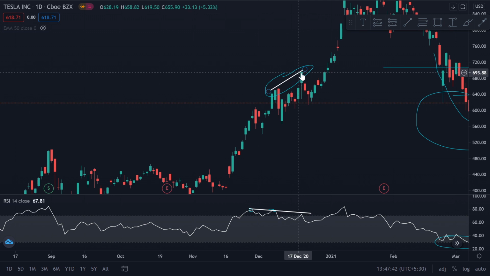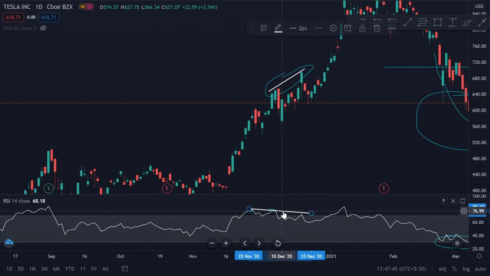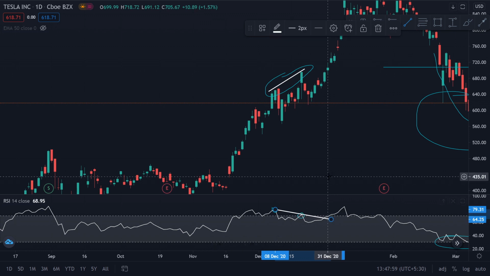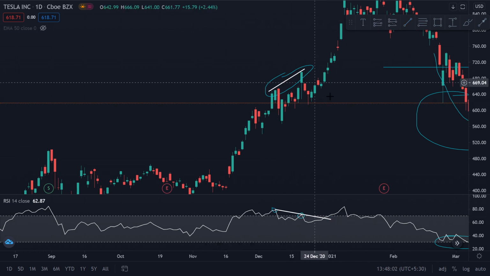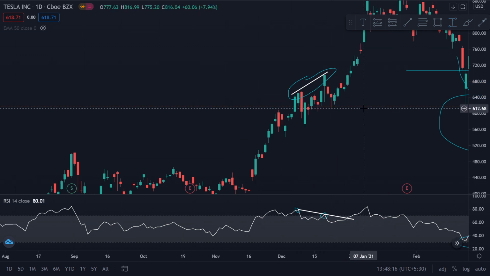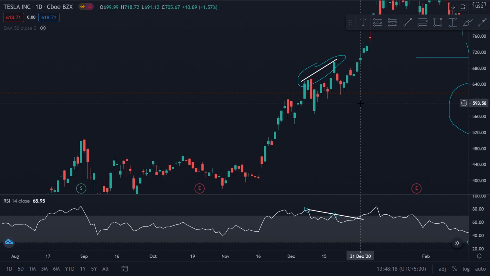Oh, I'm sorry, I marked the wrong peaks. So corresponding to this peak is this, corresponding to this peak is this. So with the naked eye you can tell that RSI is going down, momentum is weakening, whereas the stock is going up. It is in an uptrend. As soon as this peak is formed, you can see a fall in Tesla. This won't be a small fall because Tesla is a high momentum stock. This is almost a 10% fall. So we just spotted a 10% fall in Tesla, which is a high momentum stock, with the simple concept of RSI divergence.